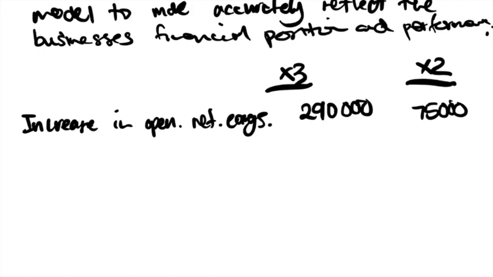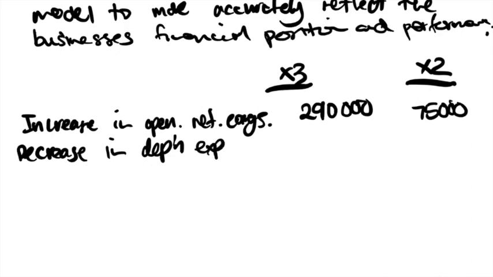Let's think of our line items in the statement of comprehensive income. Our depreciation expense has changed. So we have a decrease in our depreciation expense. Our depreciation expense in both of the years was 25,000. If our depreciation decreases, then this is a positive effect on our profit overall. Notice how these numbers are all increasing profit, and I'm reflecting them as positive numbers because they're increasing the profits.